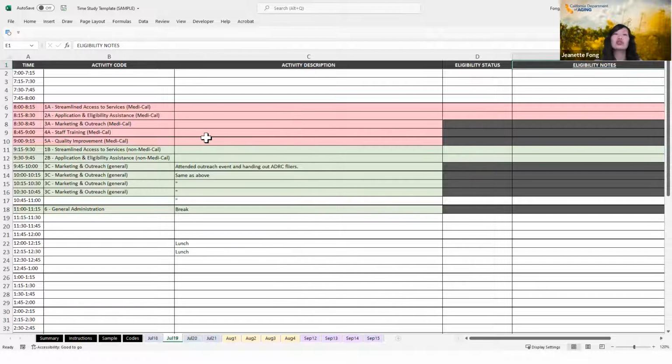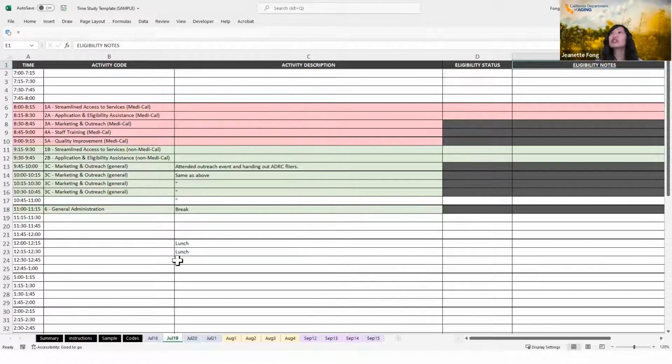Again, we're not asking you to duplicate work. If you already have case notes documented in your online database system, or if you have the application itself as evidence, or the agenda for a meeting that you attended, or the slide deck on a training you attended, just make sure you have that readily available in case somebody asks for documentation. So those are just for those red Medi-Cal reimbursable activities only.